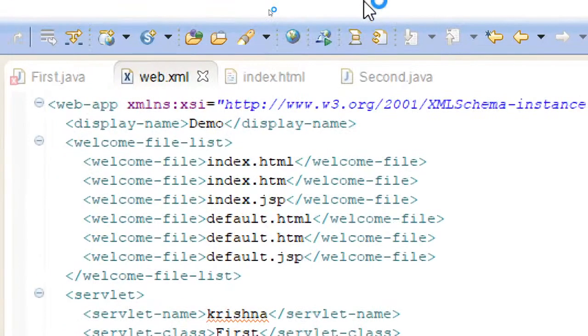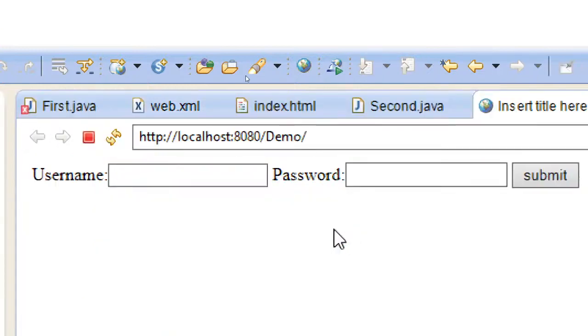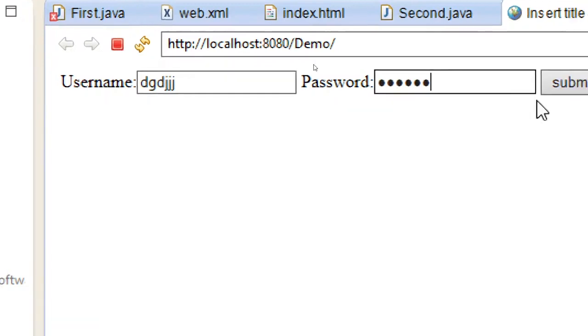Let's see how it comes. I'm intending to show you the request dispatcher, how it is used to forward the request to other pages. Since I haven't used break tags, if I use break tags properly, they fall in separate lines. So username you can give anything because I haven't specified any condition there. But only for password, I have set a condition that it should be Krishna only.